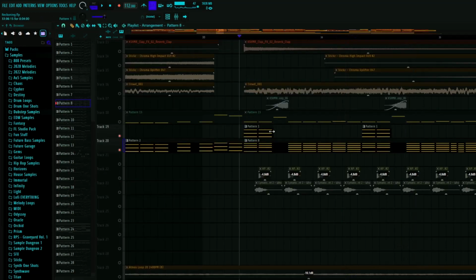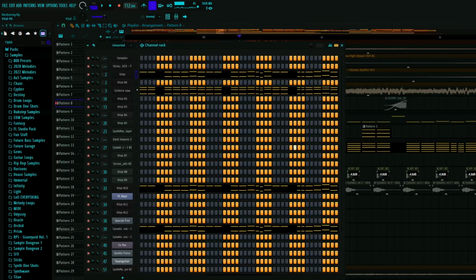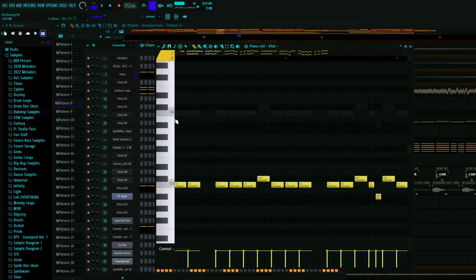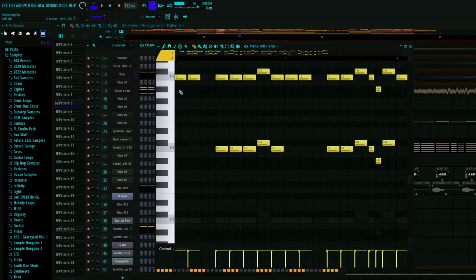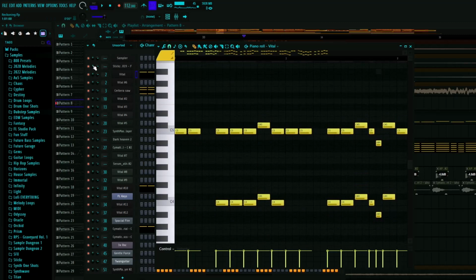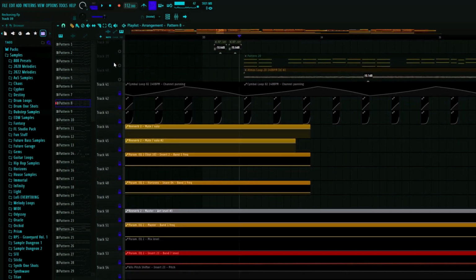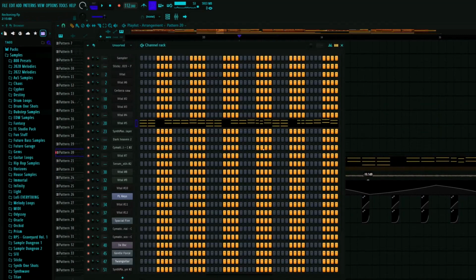The nice thing about this Vital bass that I have, the very big sounding bass, is that when you play one note, it sounds like that, but if you play two notes, it becomes very gritty, and that's kind of what I did here. In this section, there's only one note playing in most of the MIDI, so right here, instead of C4 and C6 or C4, C5, really it's just C5. Oh, the side chain's off, whatever. And then down here is a very gritty and harsh layer